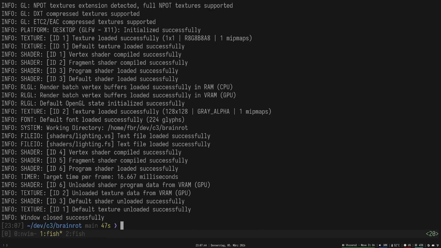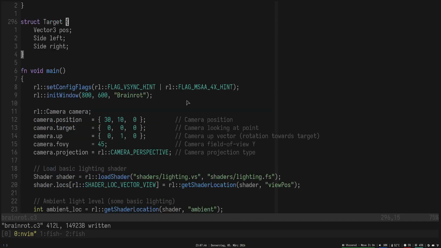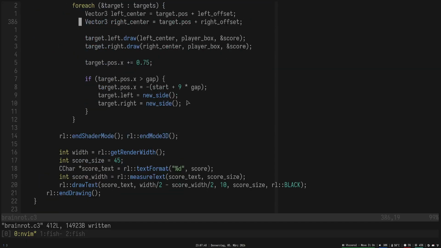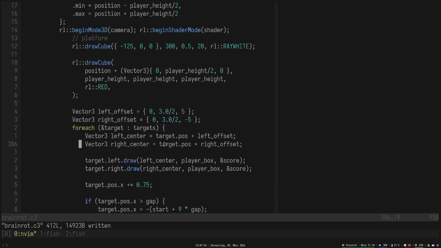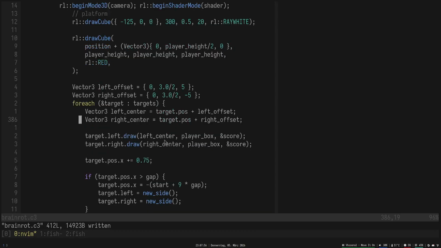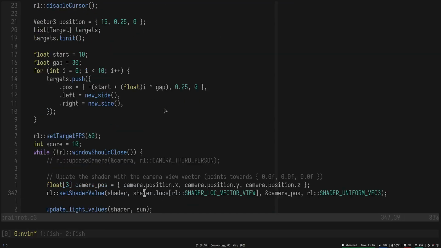I think this is a little too addictive. Yeah, okay. I think that is quite a bit better. These could arguably be constants. In fact, I take that back. Let's